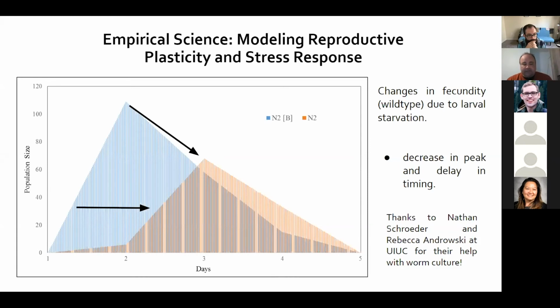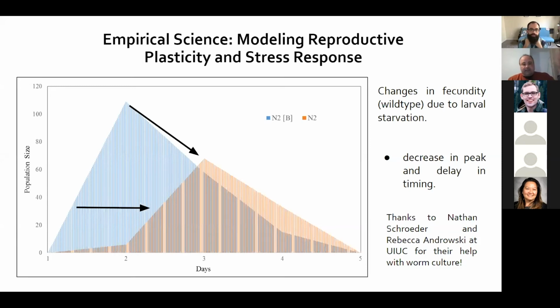For people who aren't familiar with that, if you take a bunch of eggs and you treat them with SDS and you hatch them, they're synchronized and they hatch, and you can get them to L1. You can put them at 15 degrees in a buffer, and they can survive there for up to 2 weeks. But the thing is that they starve as they do this, so they're putting a lot of energy into surviving.